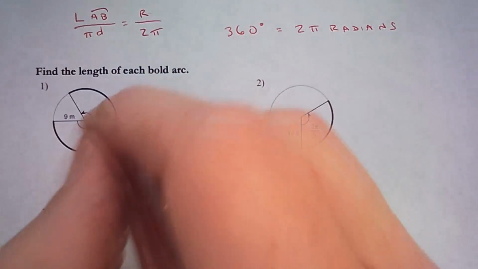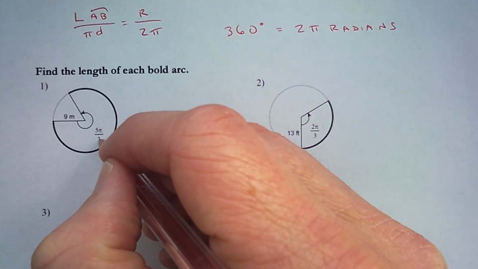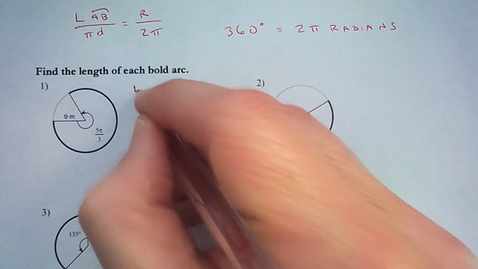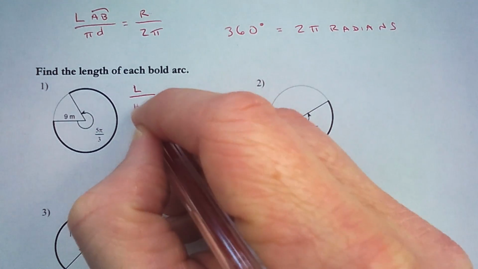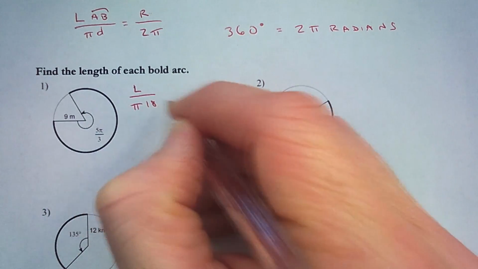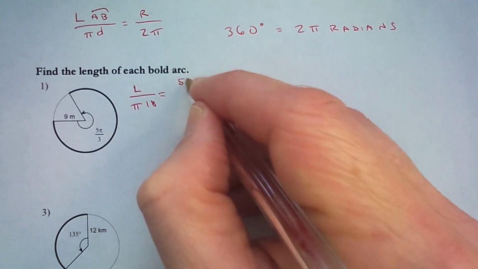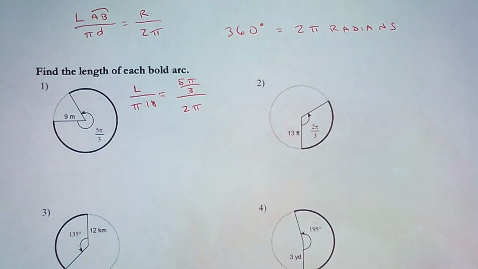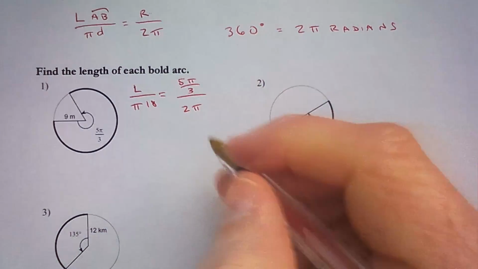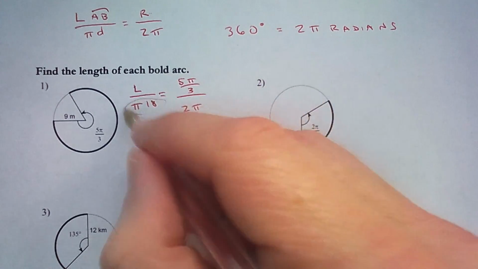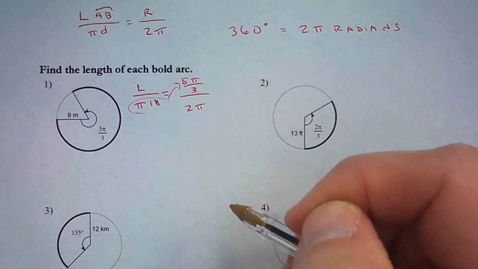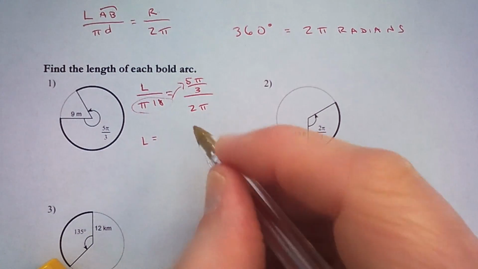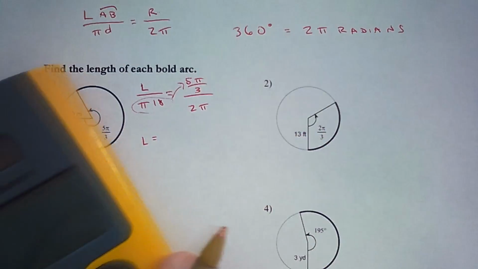So here for number 1, we have a radian measure of 5 pi over 3. We have a radius of 9. So the length of the arc, I'll just call it L, is to pi times diameter, and the diameter would be 18, as the radian measure, 5 pi over 3, is to the radian measure around an entire circle, which is 2 pi. Now, my variable is on top, which means I can just take this denominator and multiply it diagonally across. That gives me the length equals,